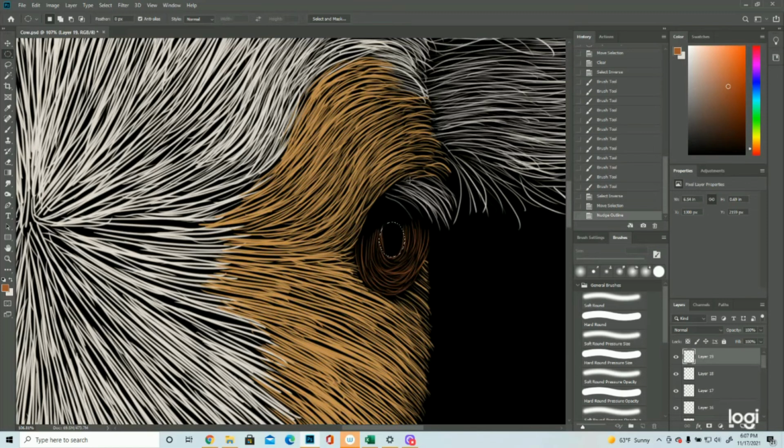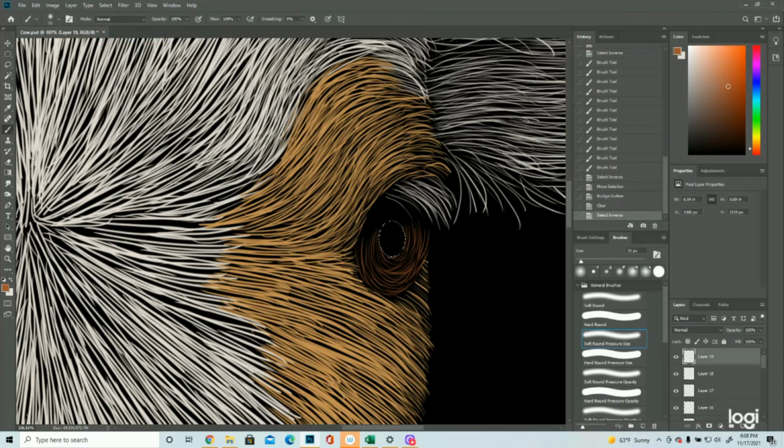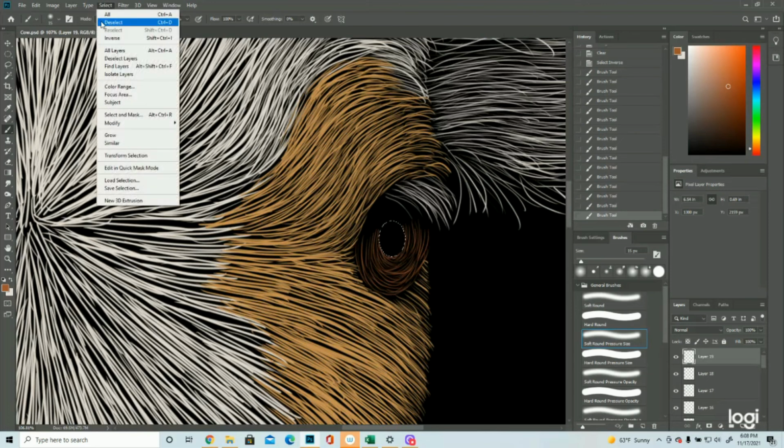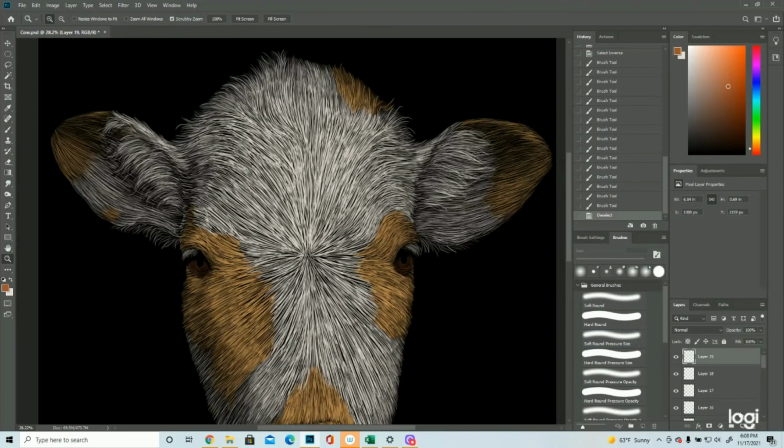Right over here, and now I'm going to erase that and then inverse it. Take the drawing tool again and fill in the gaps. And then deselect. Okay, now,